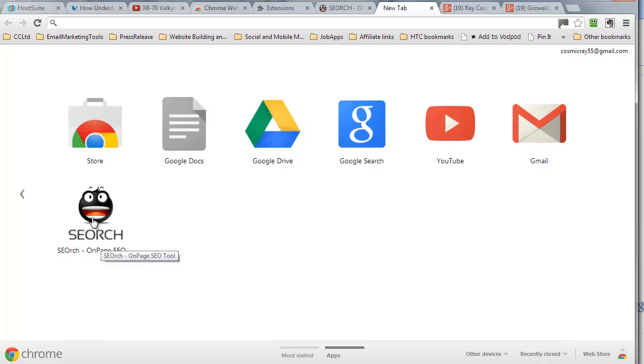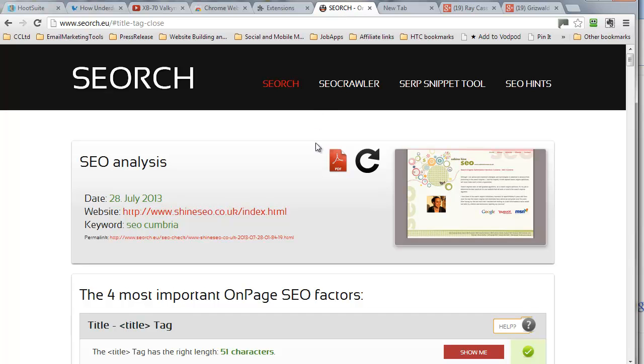Now, what the technical difference is between a little toolbar app and an app that you have to go off to the website on, I'm not entirely clear. I just use the damn things, and if they work, I'm happy. And unless I really need to know the difference, then I don't really go chasing. So it takes you off to the SEOQuake website, and you can input the